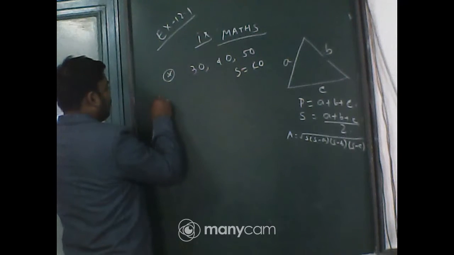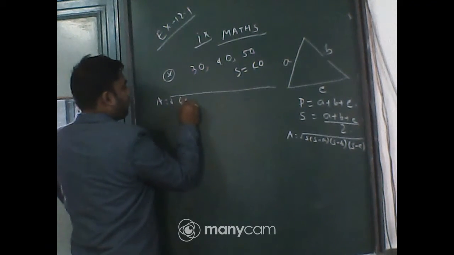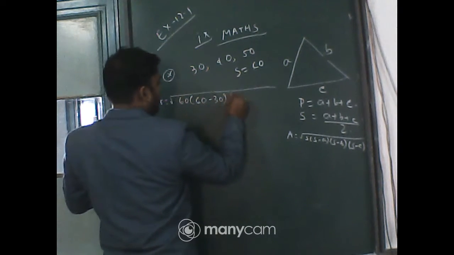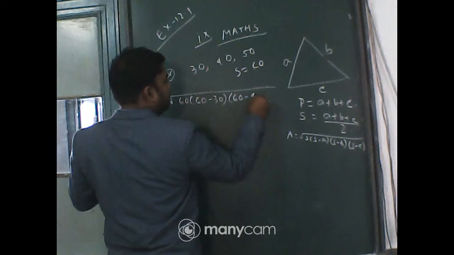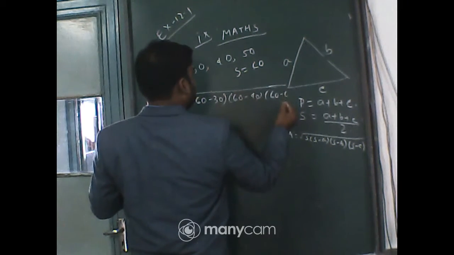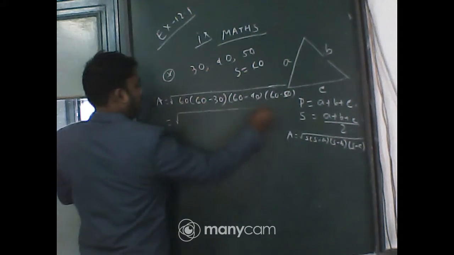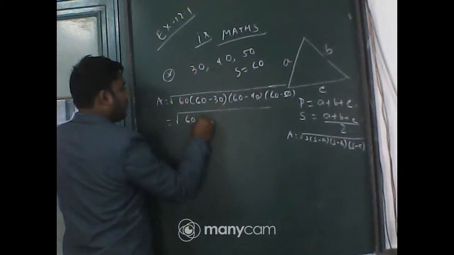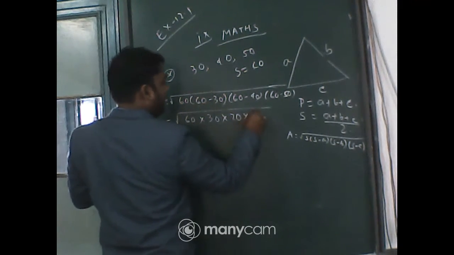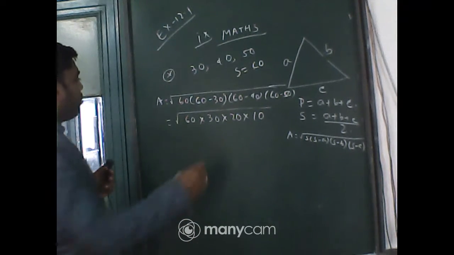So area equal to root of 60 into 60 minus 30, into 60 minus 40, into 60 minus 50. 60 into 30 into 20 into 10. Now, students,